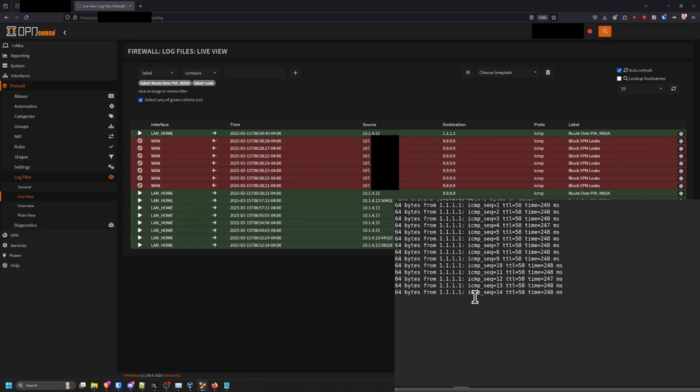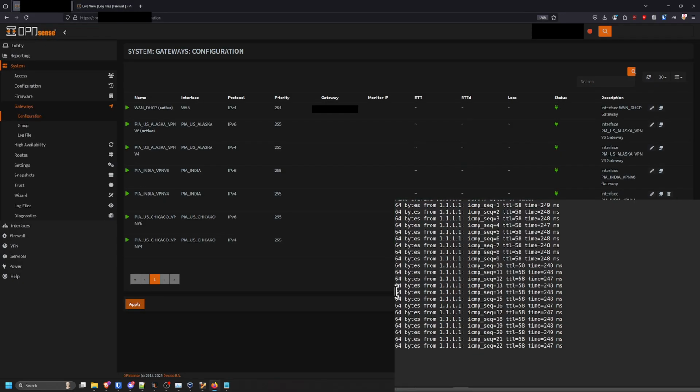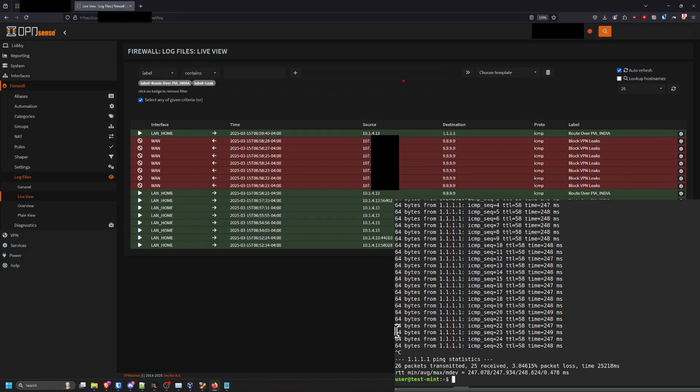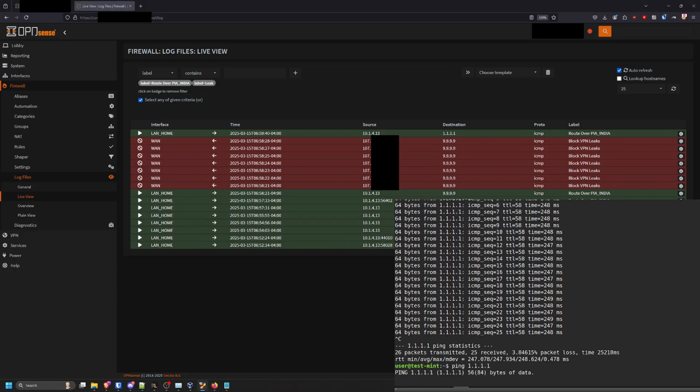Now, kind of a demonstration of the kill switch. So you can see here in the test machine, I'm pinging 1.1.1.1, and you can see that that traffic was routed over PIA India. And I'm going to go to the gateway configurations to simulate that stopping. So I'm actually going to disable India IPv4 and hit apply. And I'm going to go back to the view of our firewall here. And if I try to ping 1.1.1.1 again,